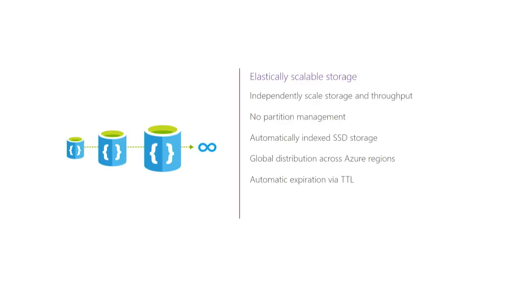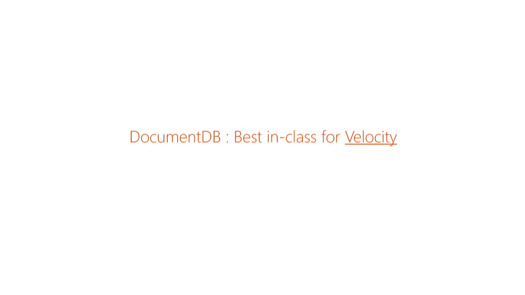DocumentDB is also elastically scalable in terms of storage. The way we do partitioning is we have some smart logic that calculates the minimum number of partitions needed to serve the storage, and in turn how many partitions we need to serve the amount of throughput. If we take the max of these two values, we've basically made sure that there's no bottleneck in terms of storage or throughput. You can then think of the world in these two different dimensions, and we'll allow you to elastically scale on both of these dimensions.